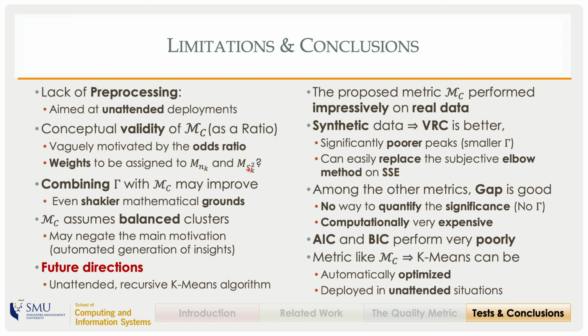Finally, if further studies show that the covariant metric is very good, that will imply that k-means can be automatically optimized, which means it can be deployed in unattended situations where it will generate insights from data automatically, which of course is the gold standard